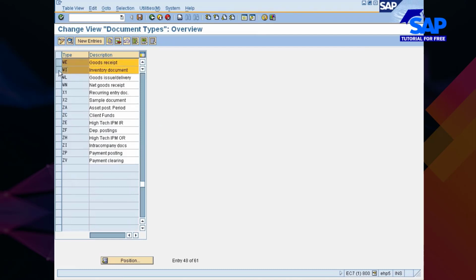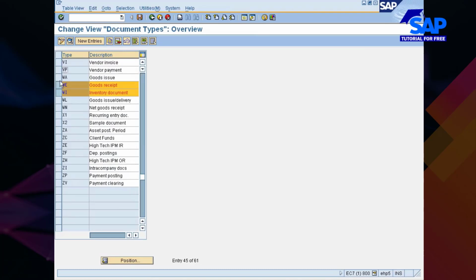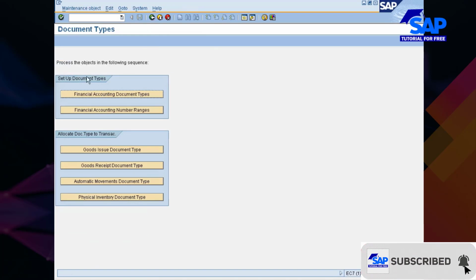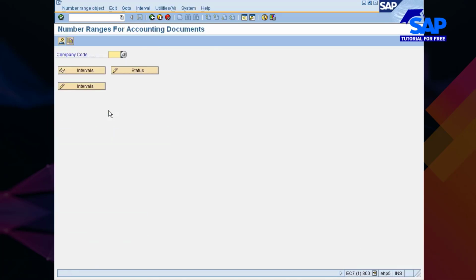You see here, WE is for goods receipt, WI is for physical inventory, and WA is for goods issue. So like this, you will have different document types, and those number ranges you can configure here itself at the company code level. Your company code is 777.